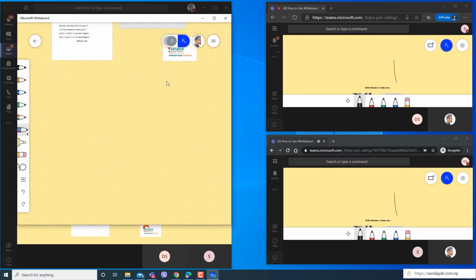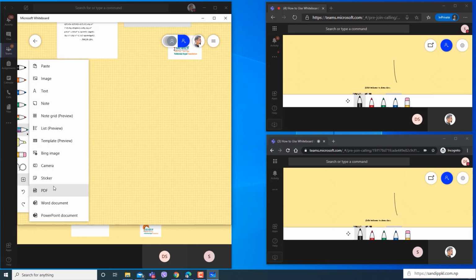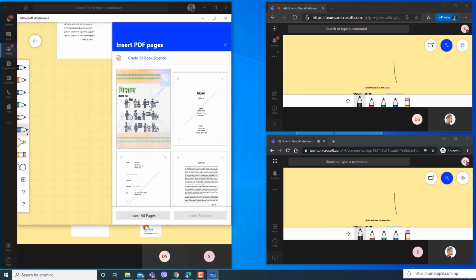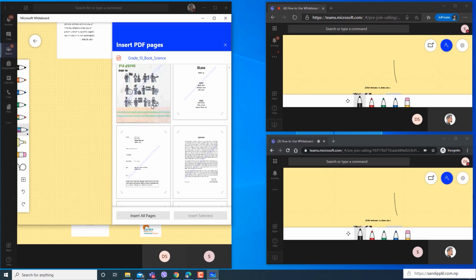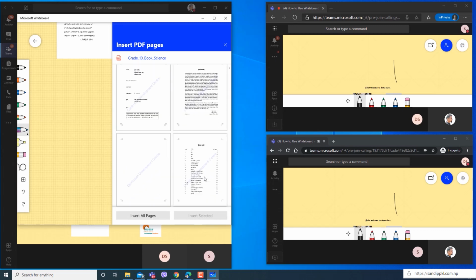You can scroll it and add content below too. Here you can select. Here I will insert one. Desktop, science grade 10 book, science. I have one book here. I will attach it here. What to do? You want to select all pages or specific.